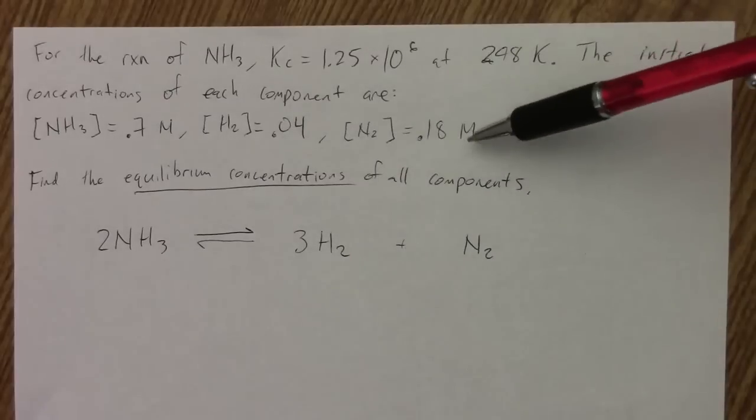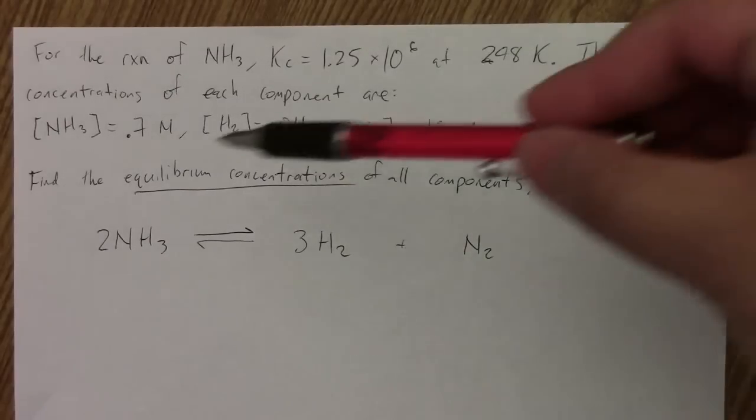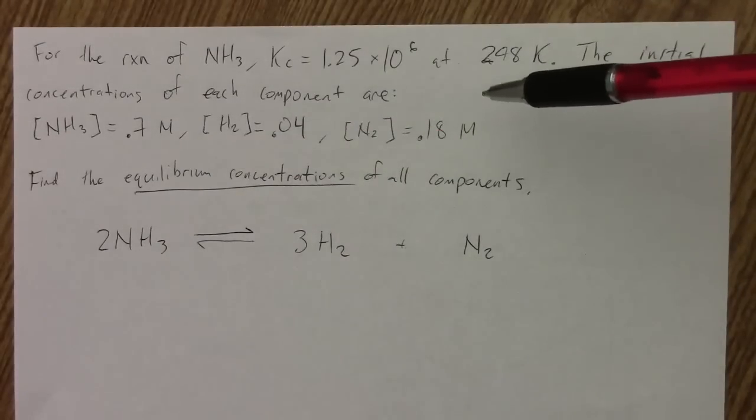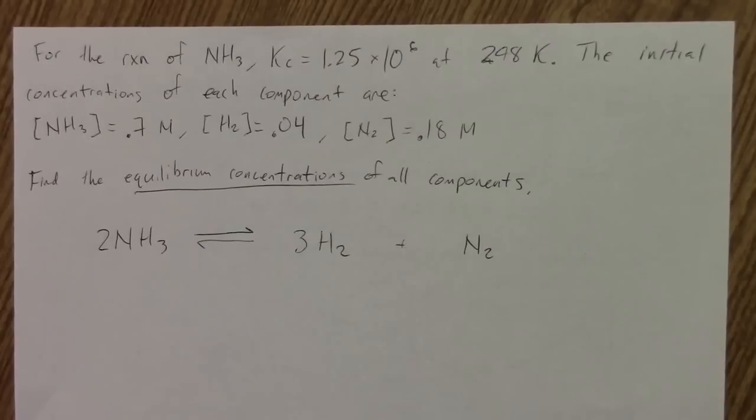Granted, if one of the products were 0, we'd know we need to make more products. Or similarly, if the reactants were 0, then it would only make sense to do this type of problem if it was going to go back towards reactants. But when you're given some of everything, then you definitely need to solve for Q, and you definitely need to make sure that you are solving for it